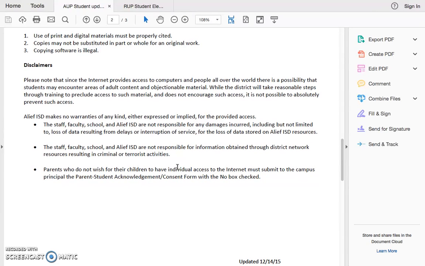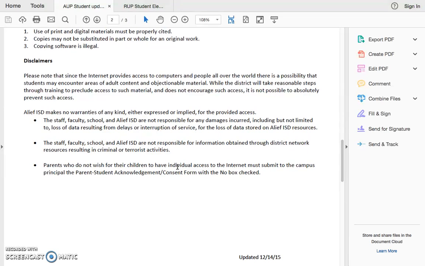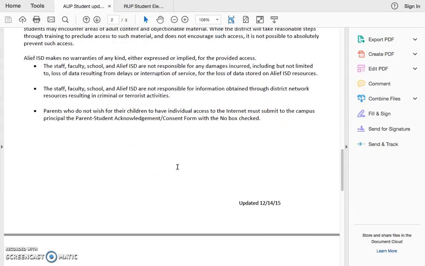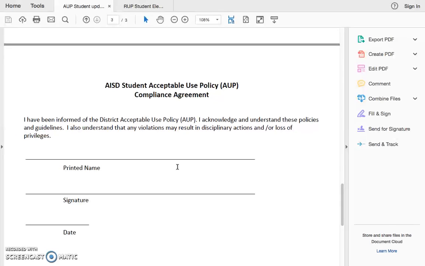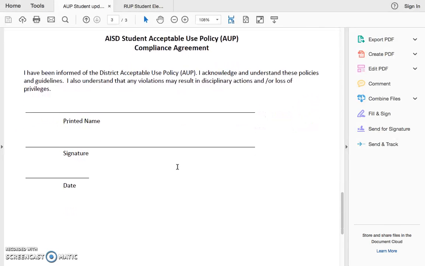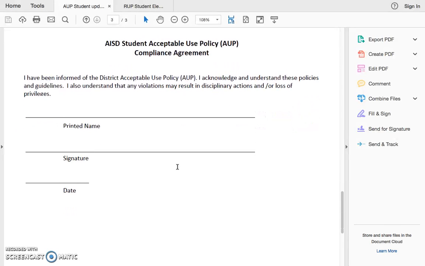This is similar again to the staff AUP, just covering the district against different things students may encounter, such as damaging items, criminal terrorist activities, and parents having the right to decline their child's access to the internet, but they must return a form. The last page is a compliance page that must be signed by the students at the beginning of the year before receiving their computer logins.